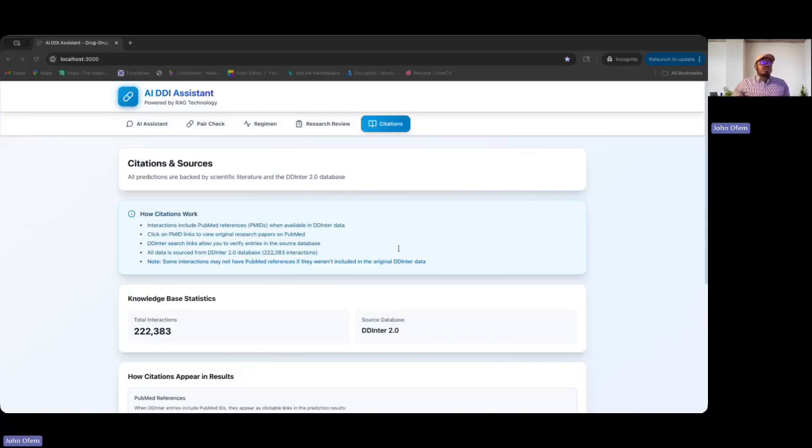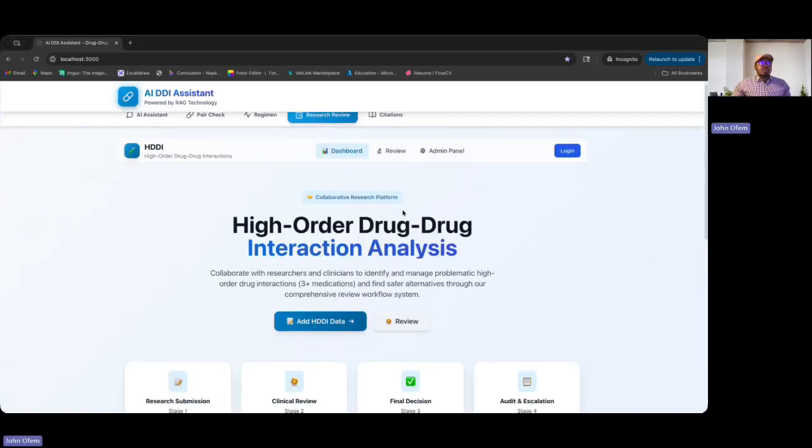Now, in this demonstration, I'll first show how researchers submit an HDDI for review, and then I'm going to show how clinicians in the loop do their final reviews, and then finally, I'm going to show how these multiple drug regimens are being checked, and then we'll see what we get as responses. So without any further ado, I'm going to first of all log in